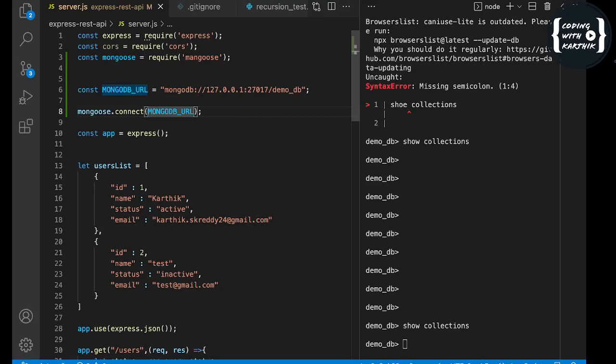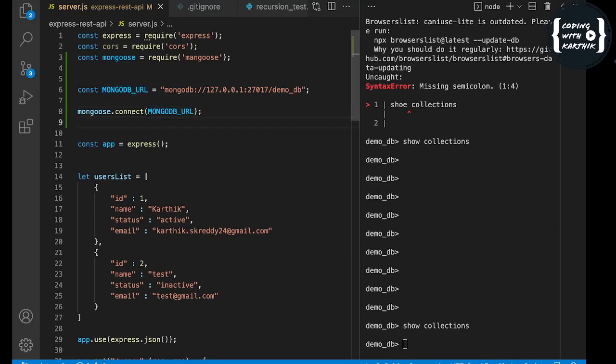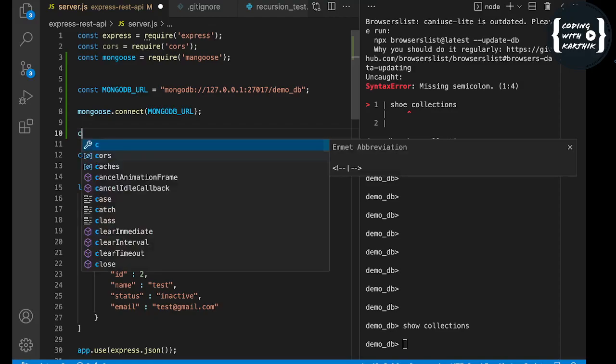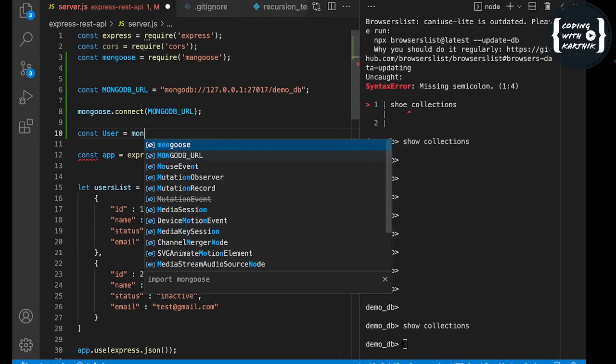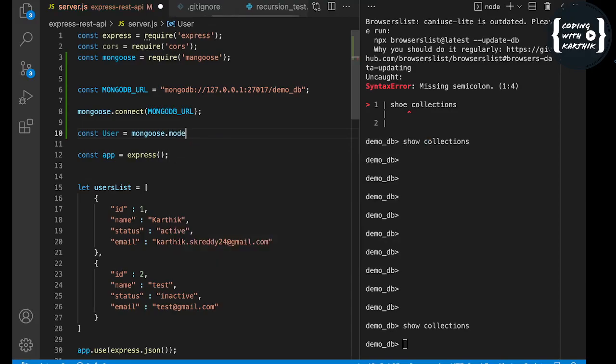So we'll mainly focus on the REST API and how to use ODM in our Node.js Express application. Okay, so now the connection will get established in this function. Now let me create one mongoose model. For that I will use a constant, user equal to mongoose.model of, and here we have to give